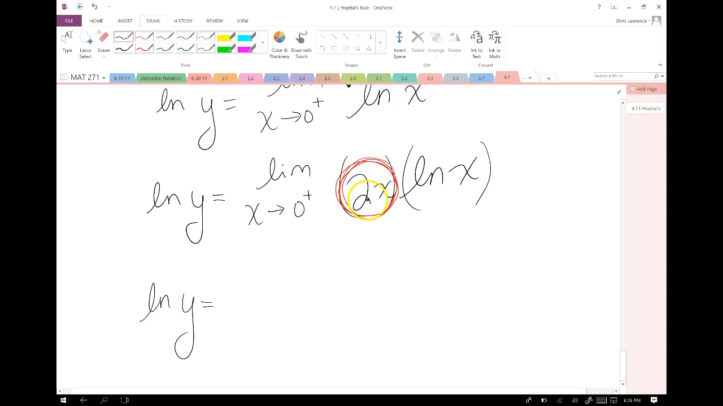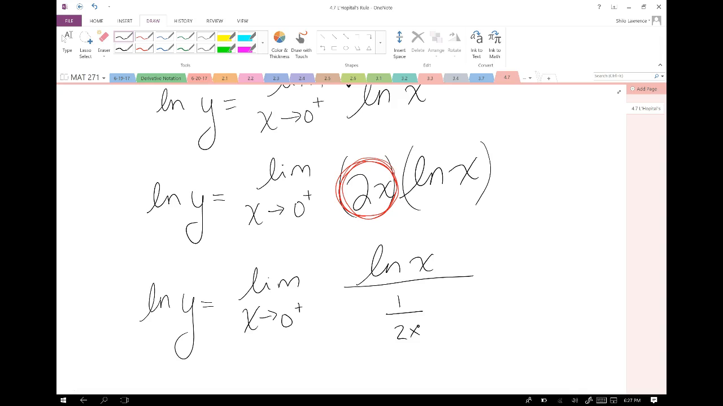So instead of multiplying by 2x, I'm going to flip it and divide. So I'm going to leave my natural log of x on the top, and instead of multiplying by 2x, I am going to divide by 1 over 2x. That is the exact same expression. And I did that because if I plug 0 in now on the right-hand side,